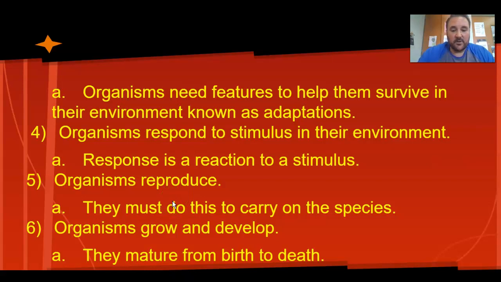Organisms must be able to grow and develop. Probably many of you had to buy new school shoes this year because last year's school shoes are getting too tight. You buy different size clothes because you're going to grow and develop. You'll actually keep growing and developing your entire life. You go through spurts when you're young where you're going to grow and develop much faster. Eventually, you'll stop growing tall, and unfortunately, some of us adults grow a little bit wider, but that's beside the point. But your muscles and your internal organs will keep developing. And they actually develop and grow based on your cell division. And we'll talk about that later on in this year.